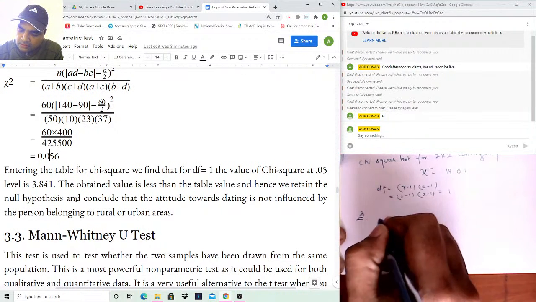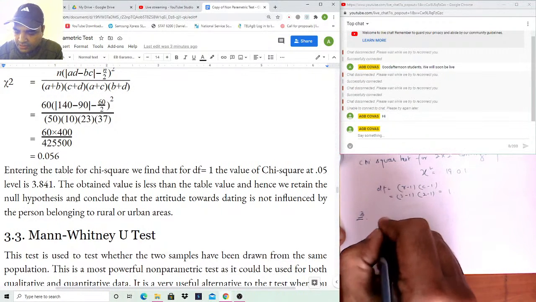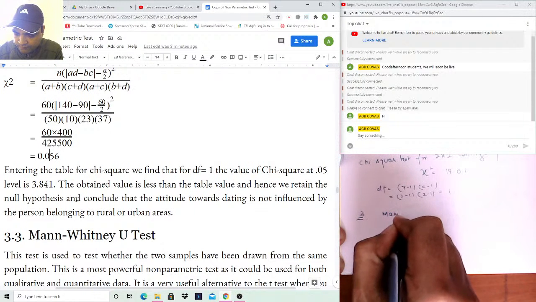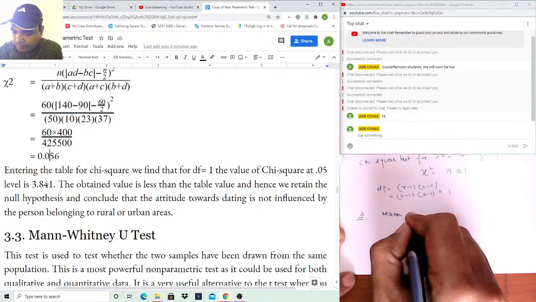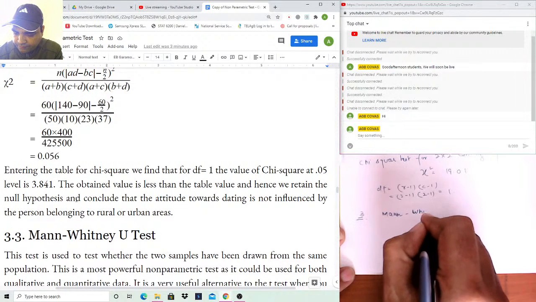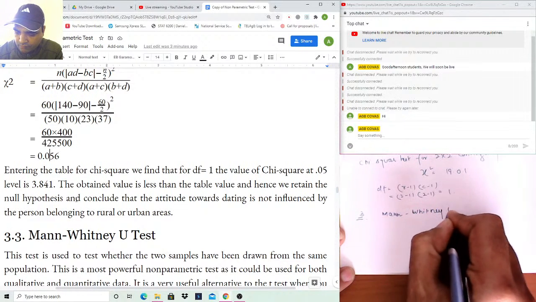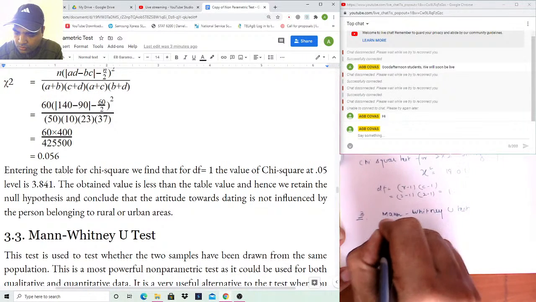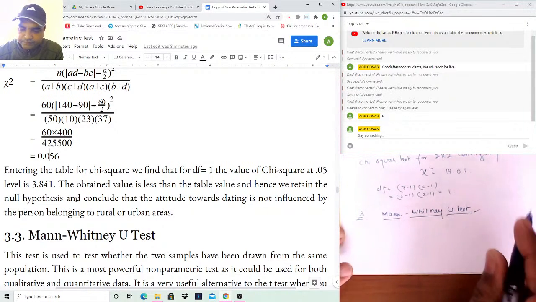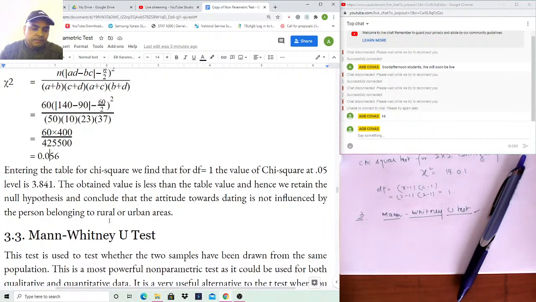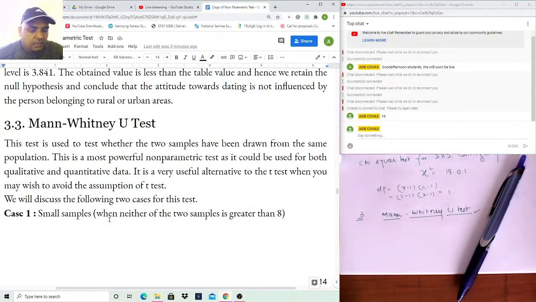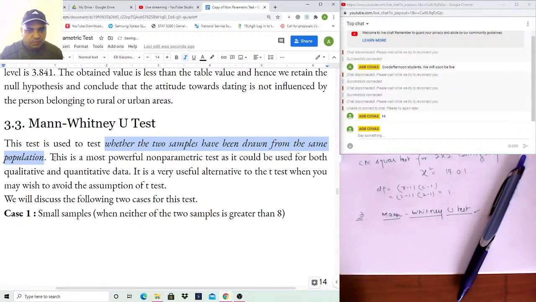The third two sample test is the Mann-Whitney U test. So this particular test is used to test whether two samples have been drawn from the same population. What you have to find out is whether the two samples have been drawn from the same population,